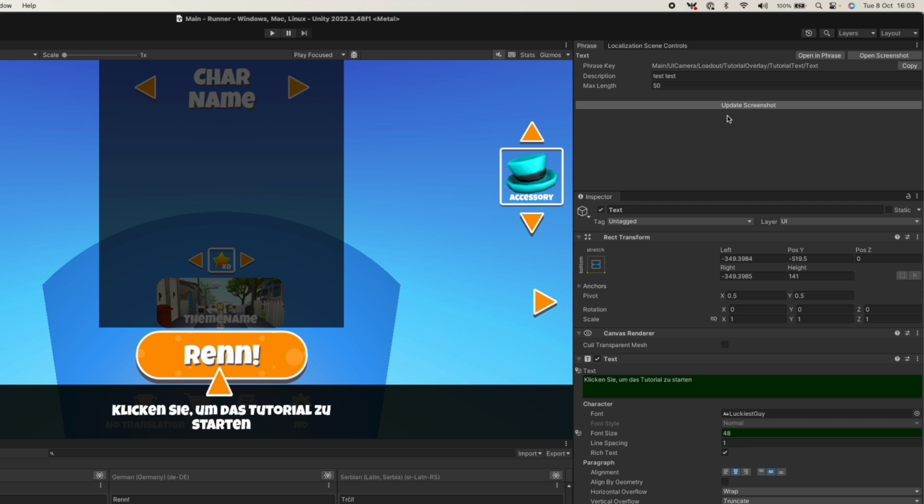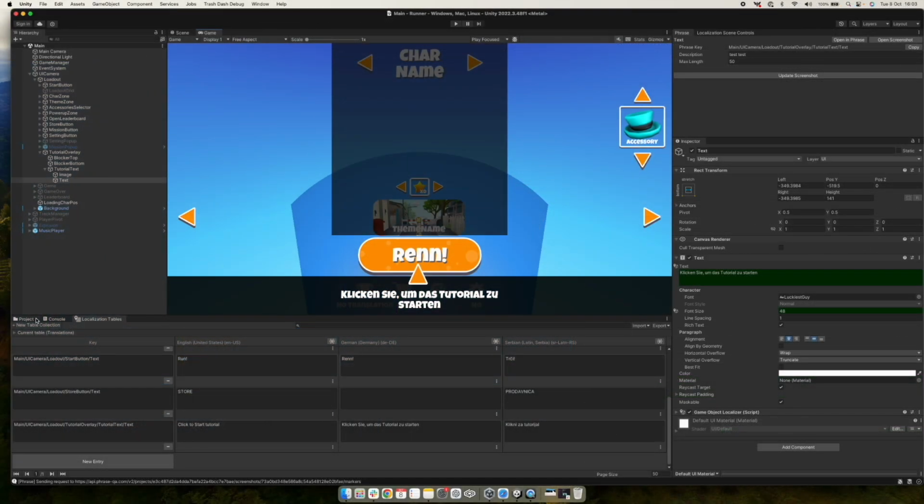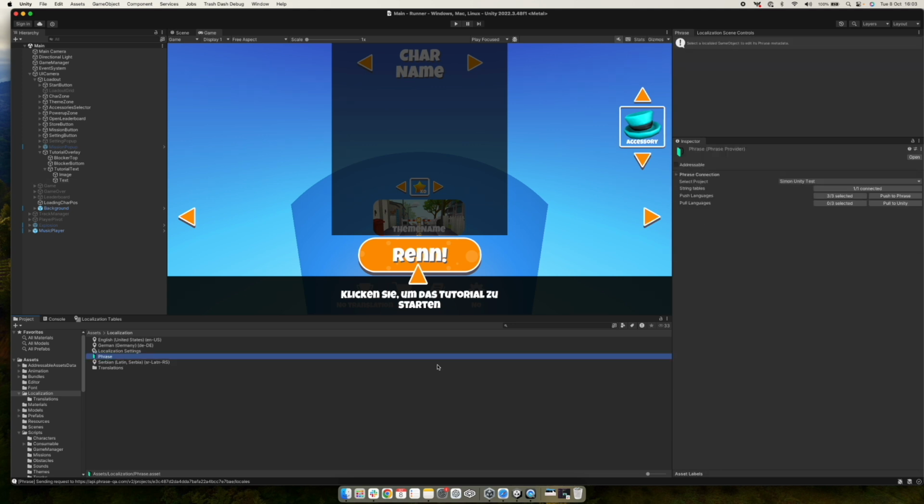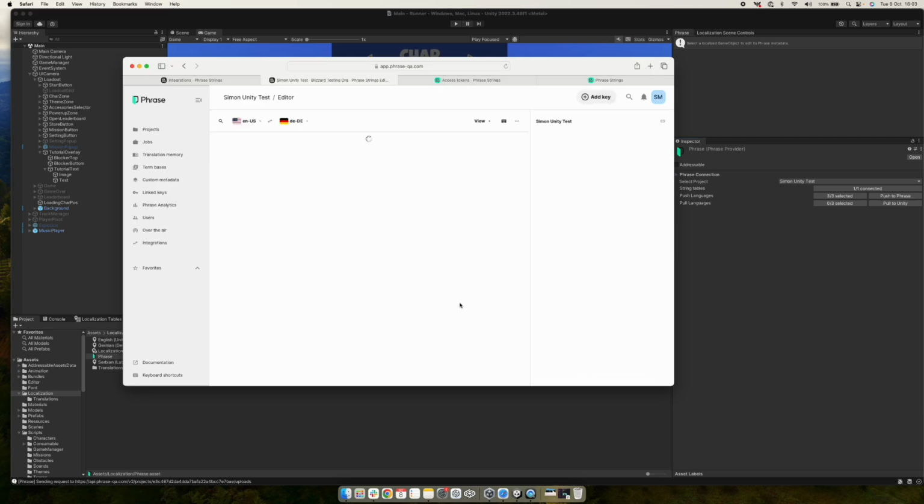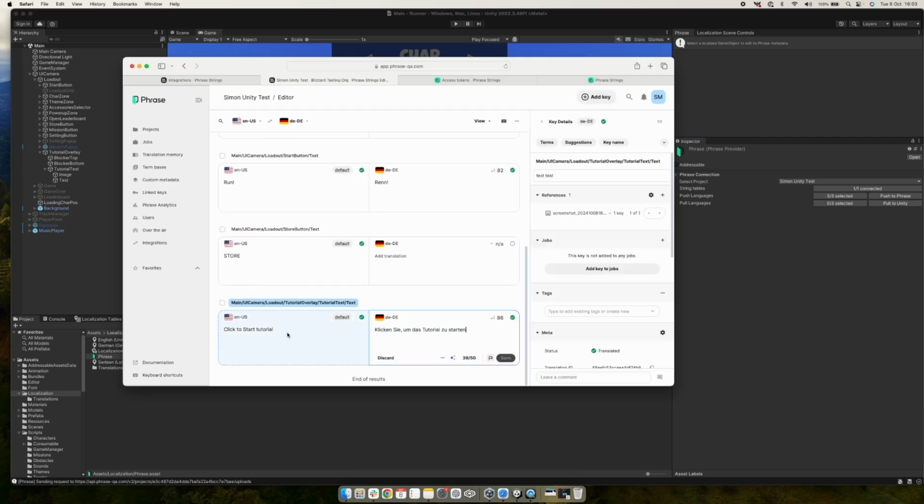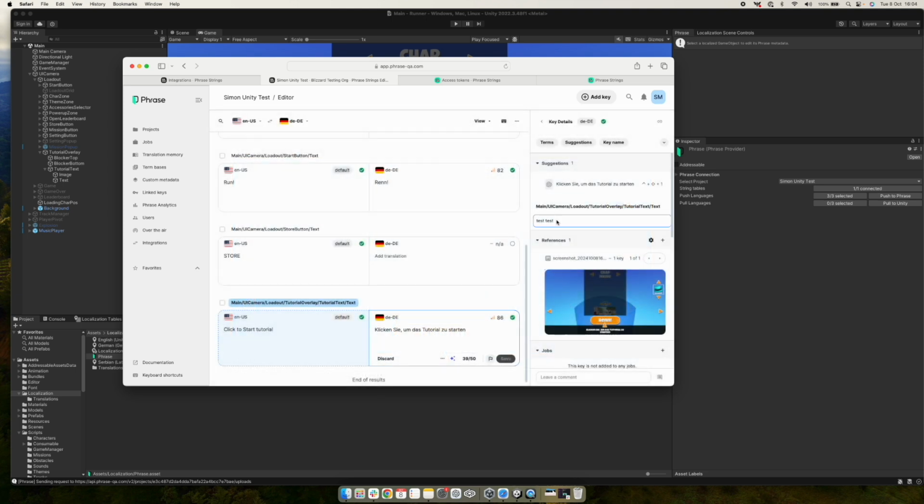So we've got the option to update a screenshot. As you can see, you click on it, so you get confirmation that that's worked. And then back over in the Phrase plugin, we want to push this information to Phrase. And back over here now, if we refresh and go back down to that particular key where we made those changes, you can now see we have the screenshot enabled, and we have the